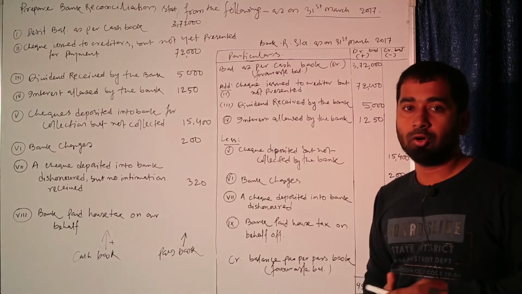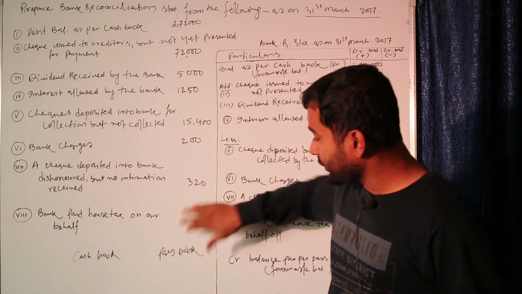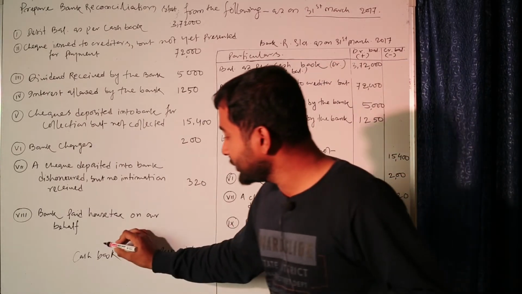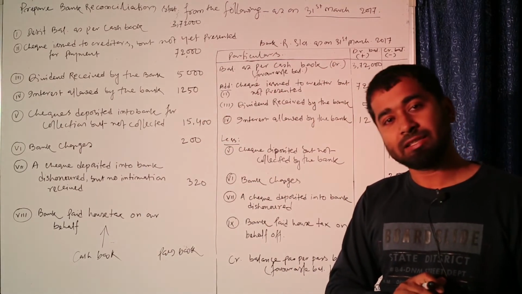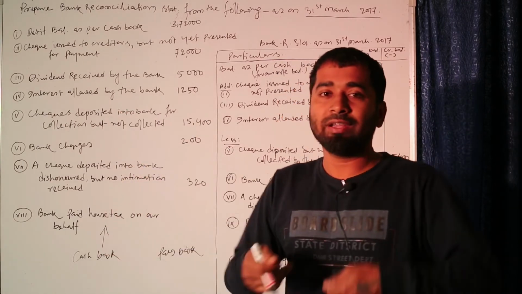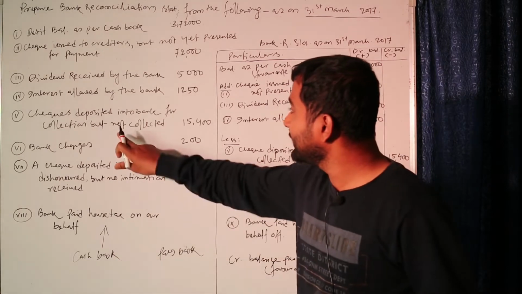Now think about when you deposited a check into the bank. The company deposited it. That means the company thought that amount will be encashed and deposited to the passbook also. So you have deposited and you increase the value. When you deposit, you are thinking my passbook already increased, so you have increased that value